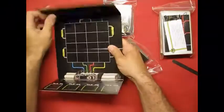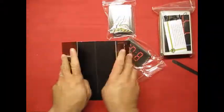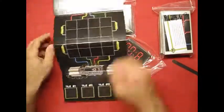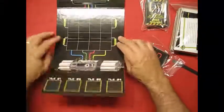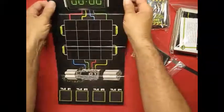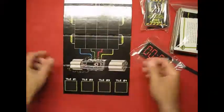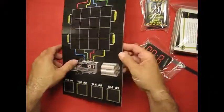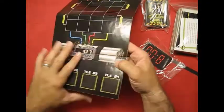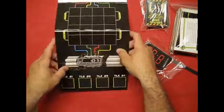So here's the board. Let's see if we can get it to lay flat, since that is kind of critical. Now, I'm not really impressed. I really thought that they would have a board that was like what you'd see in a game board. I mean, this has just a black image, which is what I had on one side, and then my image, the game board,